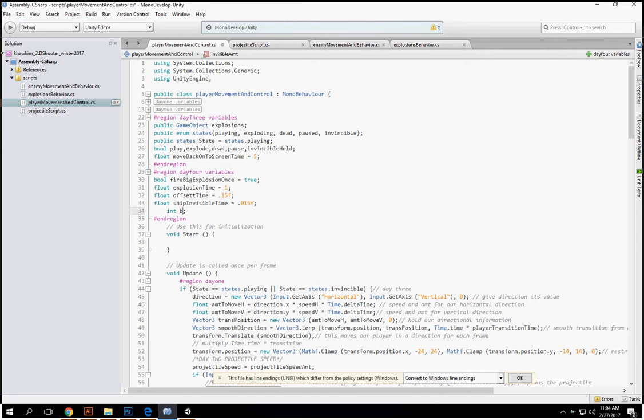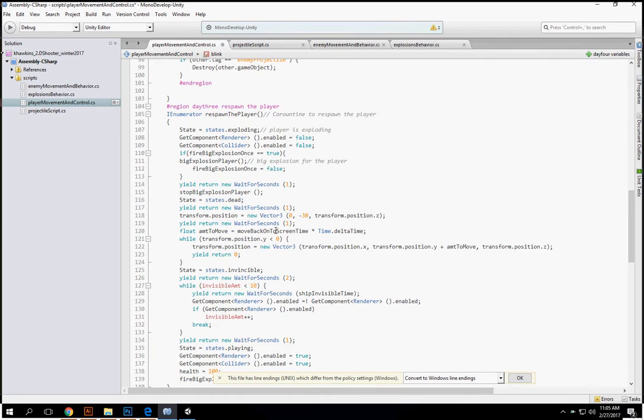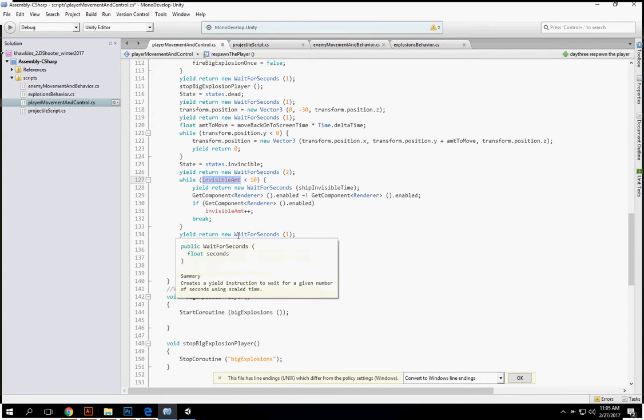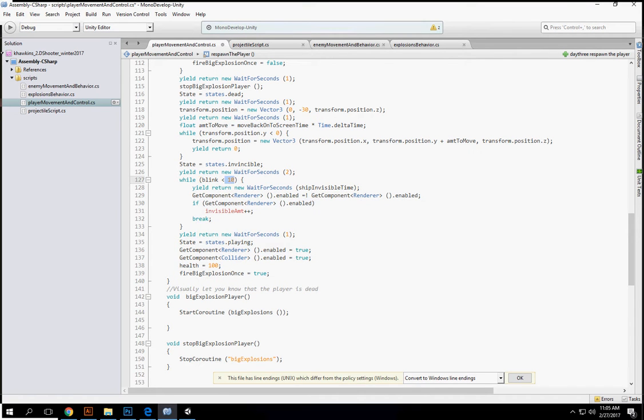That's fine. We're going to make an int called blink, which is equal to 0. We're going to create another int called blink count, which is equal to 10. And what we're going to do down here is while blink is less than blink count,